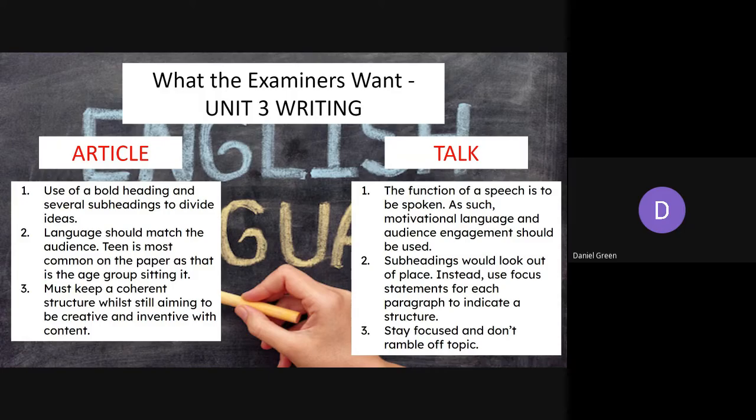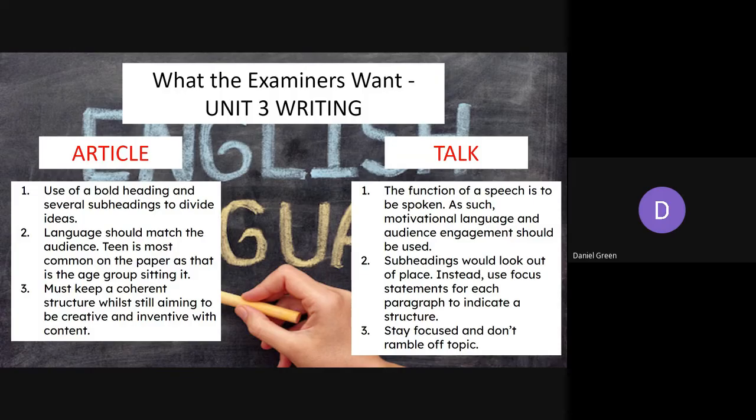So what that means is at the start of each of your paragraphs for a talk, I would make sure that you use almost like a verbal subheading. So you give a sentence alluding to what you're about to talk about in that speech. What that doesn't mean is you start off by going, next, I will talk to you about, because it's incredibly boring and it won't actually engage your audience. And again, that's on the mark scheme, keeping your audience engaged. So instead, each paragraph should start with something that is a hook. It keeps you engaged and keeps you wanting to read on, or in this case, listen on, because it's a speech. And again, stay focused and don't ramble off topic.